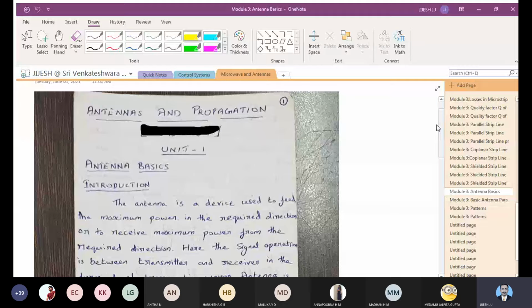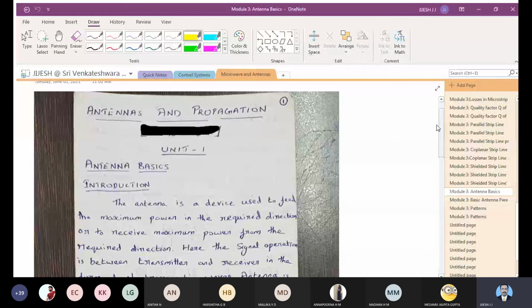And this technology has been of very high importance for the last 25 to 30 or 40 years, where you really communicate to a person without the usage of a wire. So the antenna is the device which helps you to transmit the signal and receive the signal at various intervals, at a particular distance. So you have to find out how much power has to be transmitted, how much power is being received. So all these things are going to come for you.